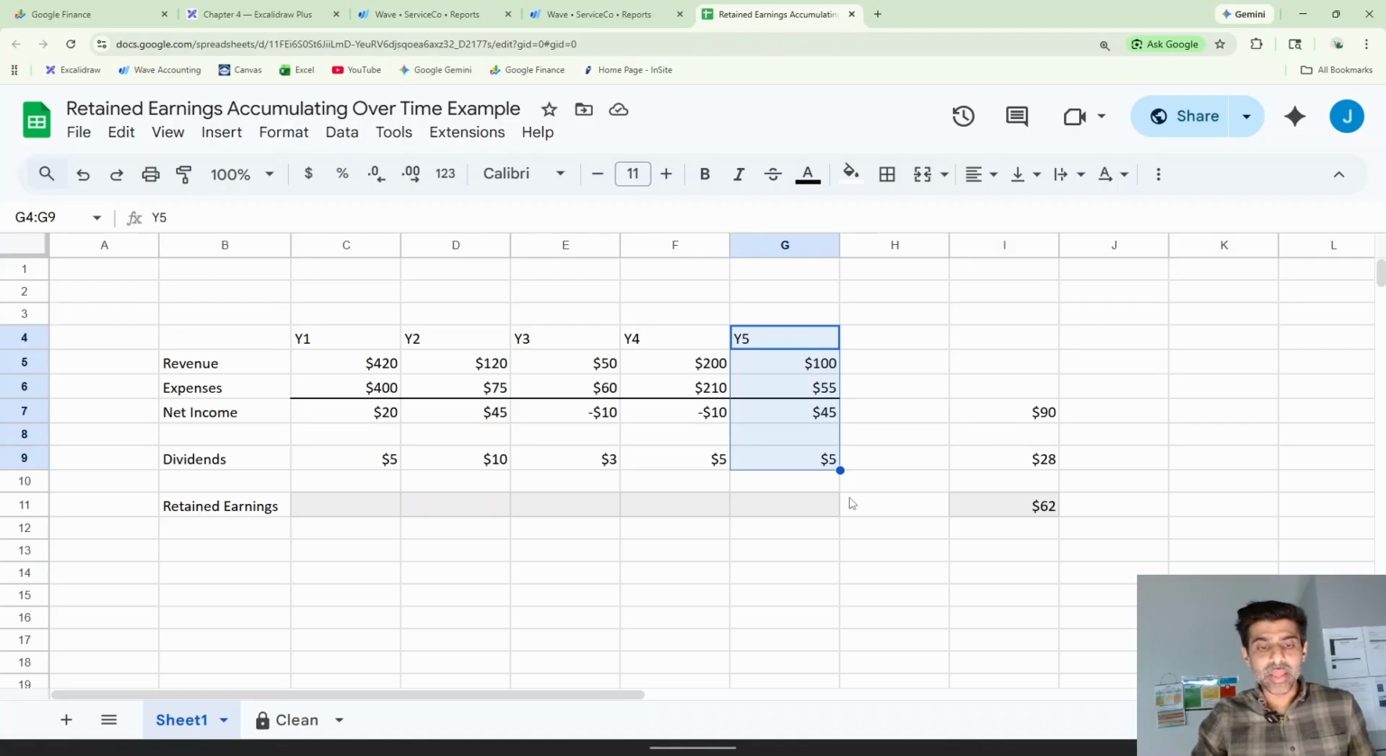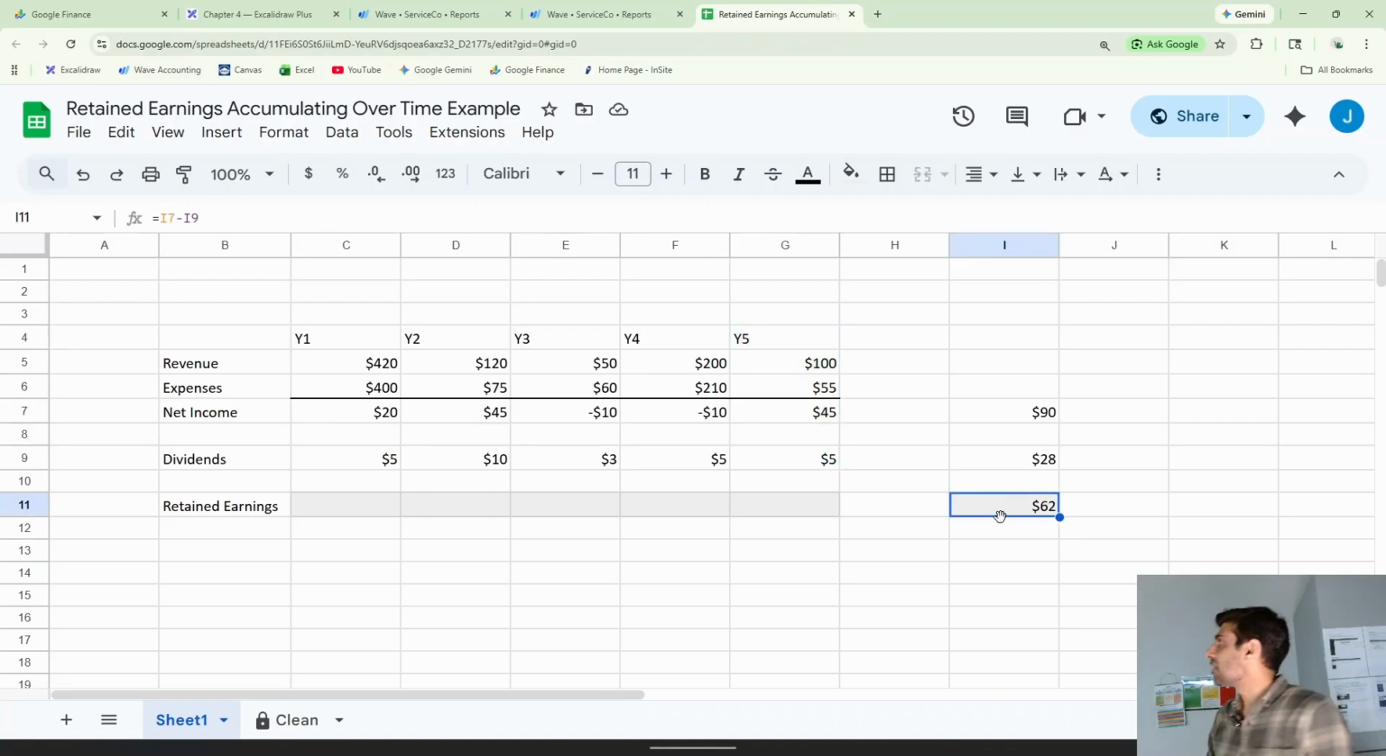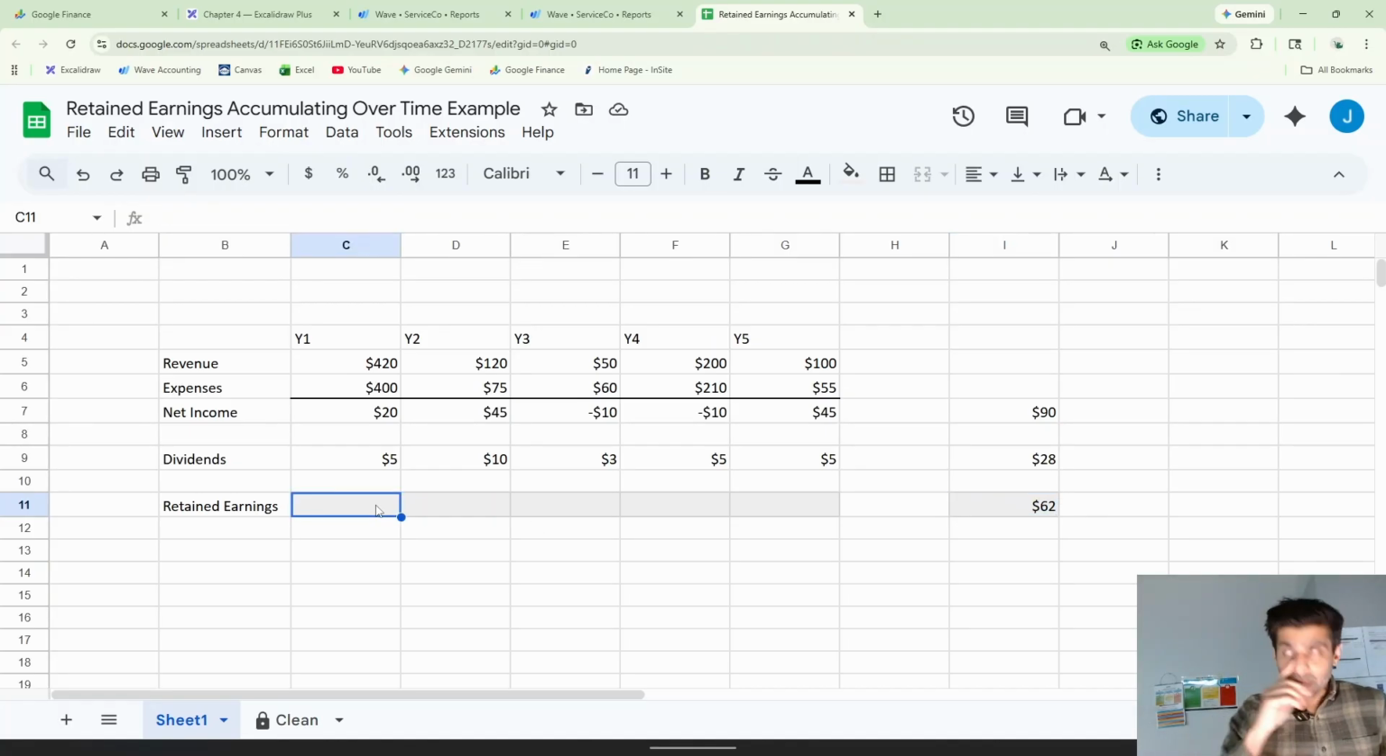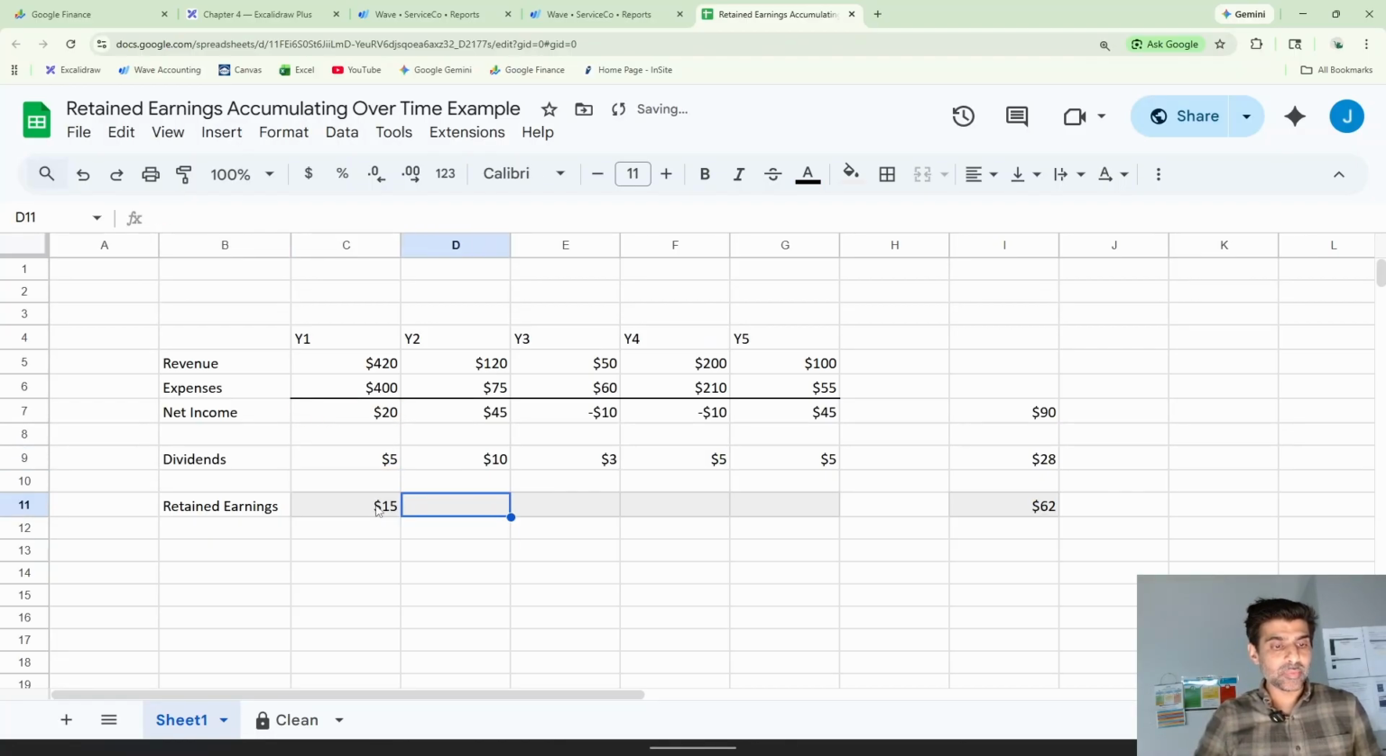How do we get this, because we need this $62 to make our balance sheet balance. That is the actual ending balance of retained earnings. What we do every year, in the first year, is easy. Our retained earnings balance starts at 0 because it's the first year of the company. We add the net income, we subtract the dividends. Let's say this is 2020. Now reporting 2021,